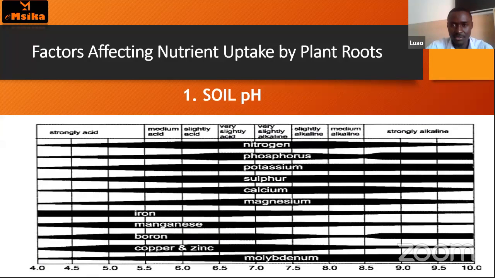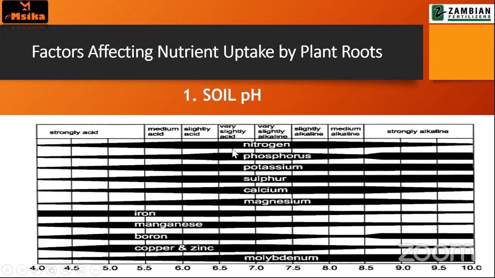They are arranged in scales. So when you plant a crop and the soil pH is somewhere here, you will miss out on these minor nutrients and these major nutrients in the soil. So no matter how much you're going to be adding,